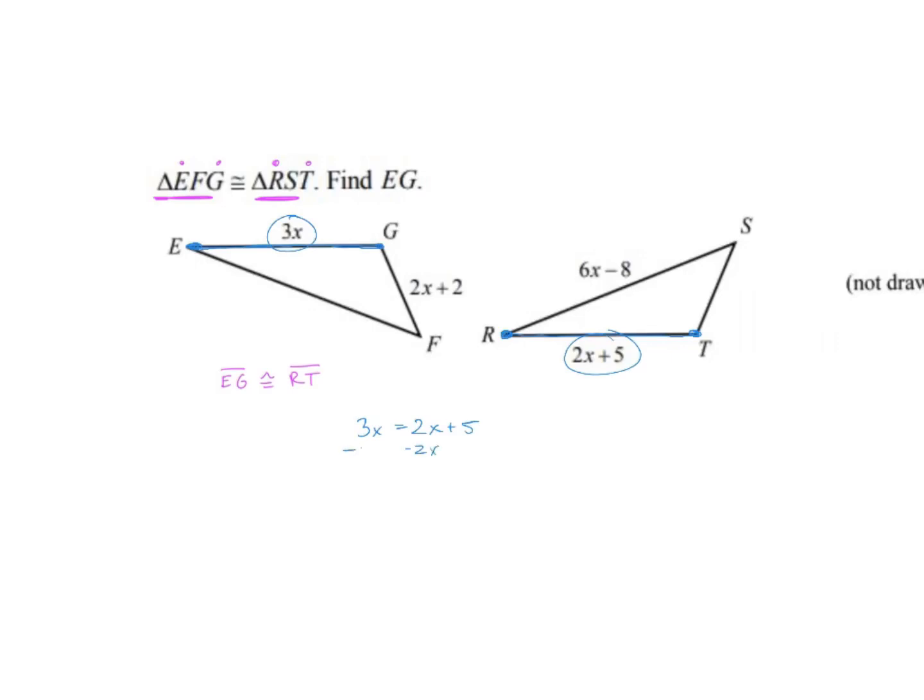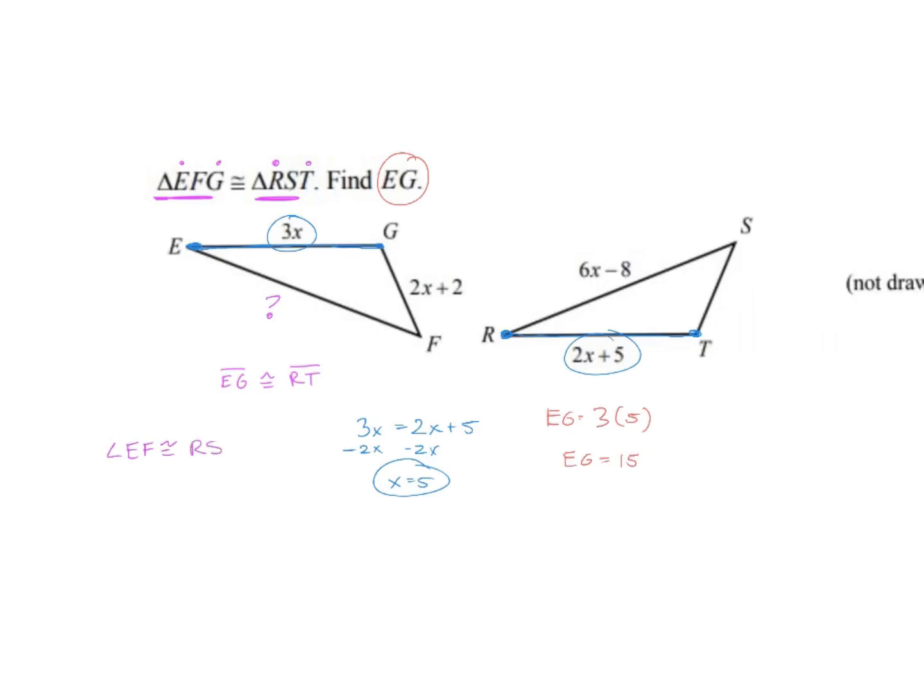Move letters to one side, x is equal to 5. Now that I have x, I should be able to find each and every angle here, or side, let's say. In this case, simply enough, they ask for EG, which they give you as 3x, so I just plug in the 5. EG is equal to 3x, so EG is equal to 15. What would be a little bit more challenging is if they asked for EF. Let's say they ask for EF. Now, EF does not have an algebraic expression, but you do know that EF is congruent to RS